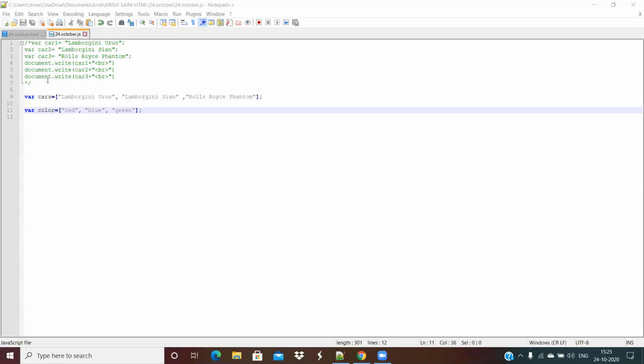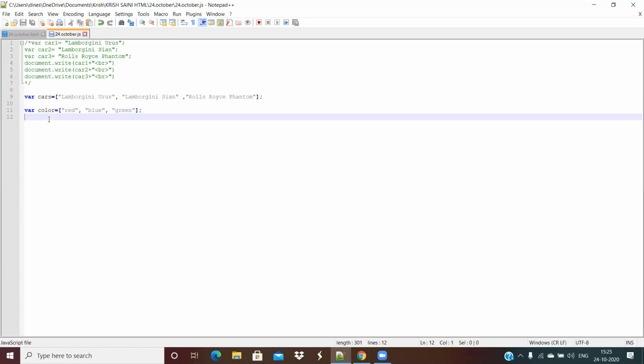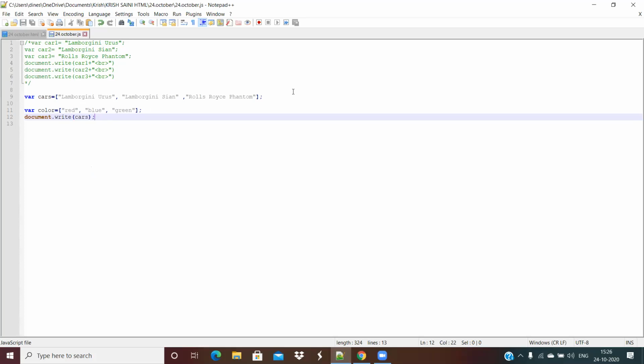How will it get printed on the web page? So after that, write document.write and in round brackets, cars, and end it with a semicolon, and just save it and show me on the web page. Okay, very good. Similarly, you have to do it for the other one also.